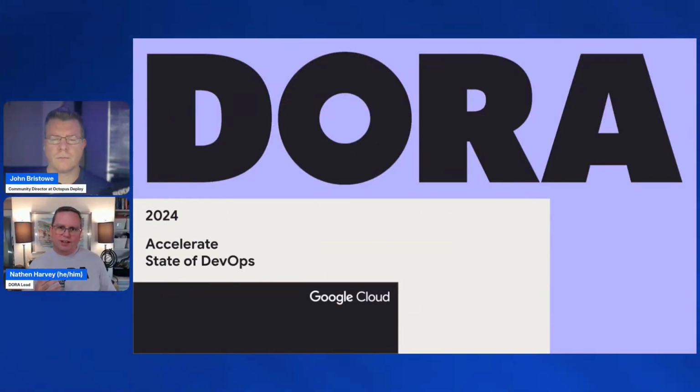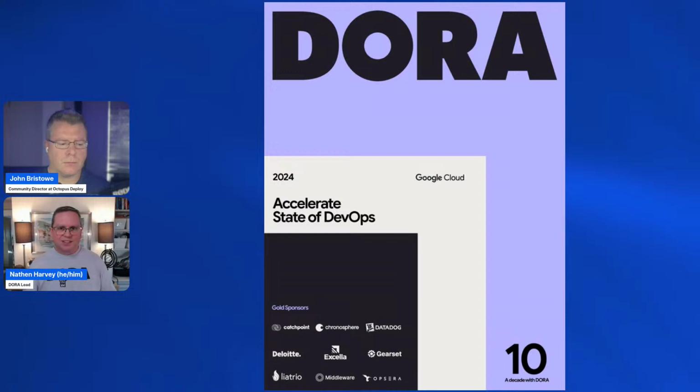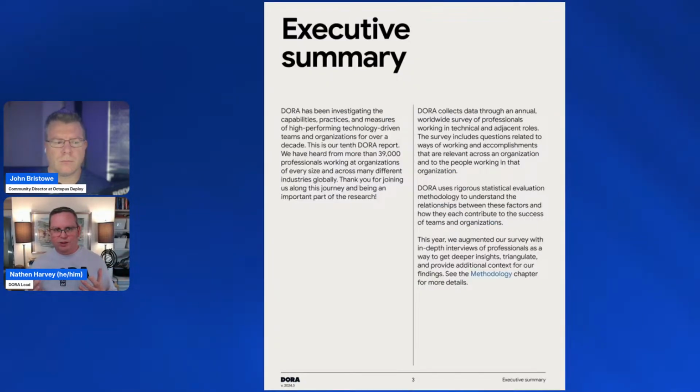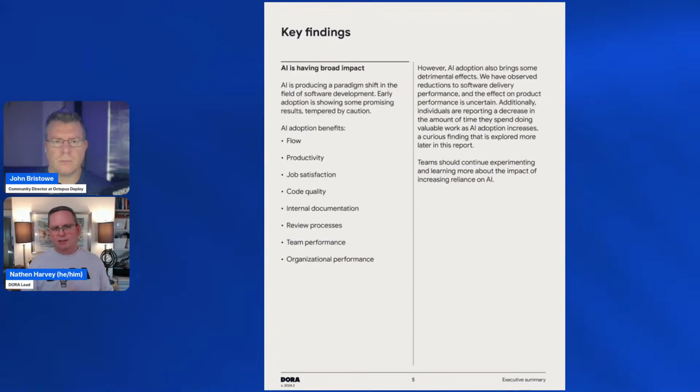And you mentioned valuable work there, right? So it's really interesting. We see that as you increase your AI adoption, the time spent doing valuable work seems to be dropping off. And it's a curious finding, because what's actually going on? And the other finding that goes along with that is the time that you spend doing toilsome work, which is basically the opposite of valuable work, it's basically unchanged. You're spending about the same amount of time doing toilsome work, and even less time doing valuable work.